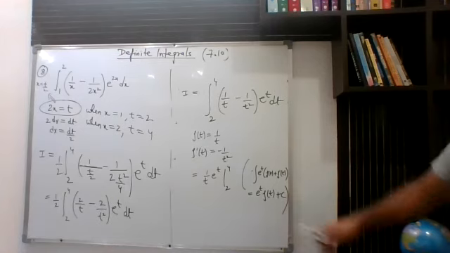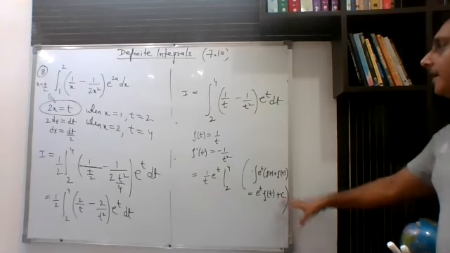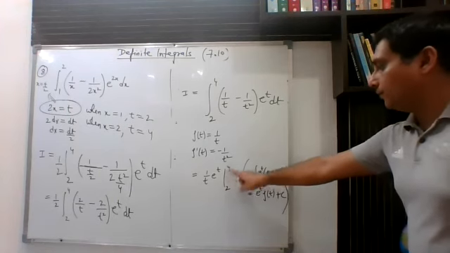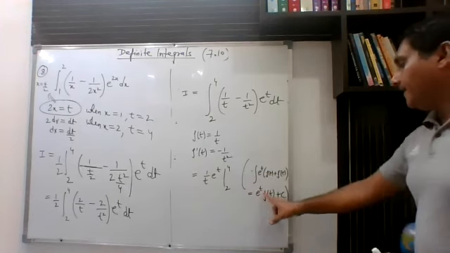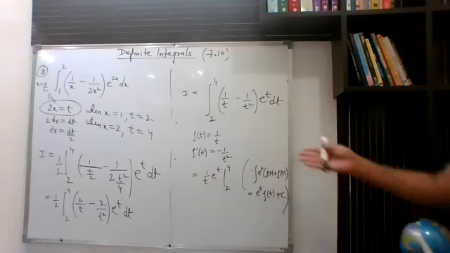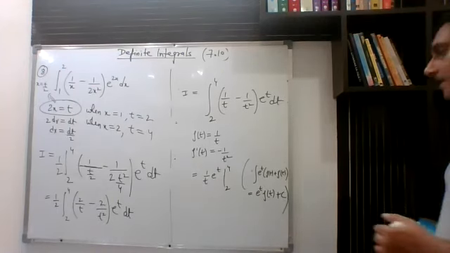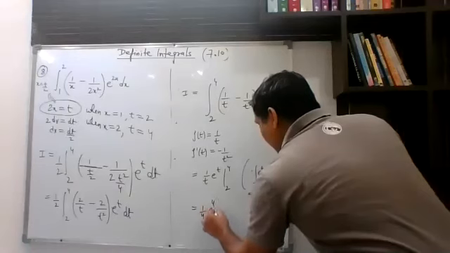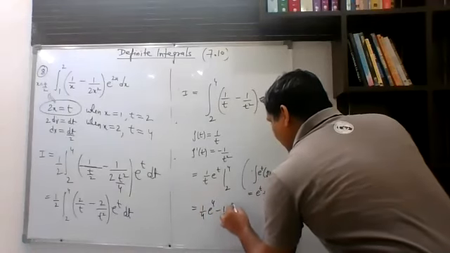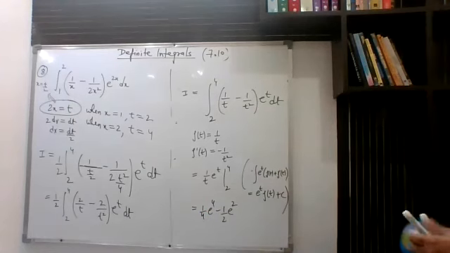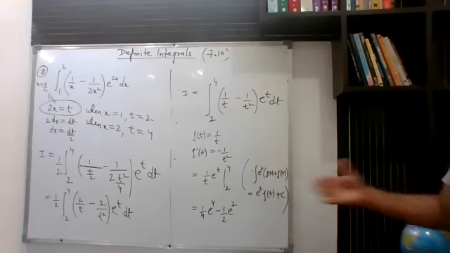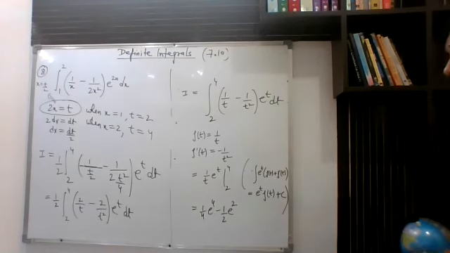This is what we had done in that exercise 7.6. This was that special form, that indefinite integral. Now here you are applying definite limits, so obviously you will not write that plus c over here. You will just write 2 to 4 and this is the expression, e^t f(t). Now let us substitute the limits and see the final answer. This can be written as (1/4) e^4 minus (1/2) e^2. So this will be your final answer. Upper limit is 4, lower limit is 2, so straight away we are substituting and getting the final answer.